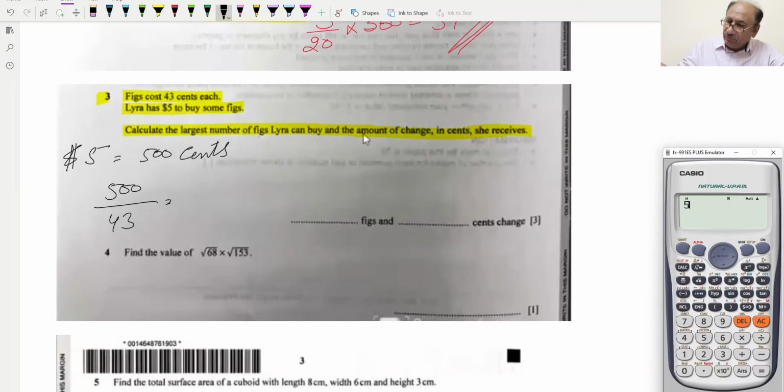So $5 is equal to what? $5 is equal to 500 cents. We know that each fig costs 43 cents, so we will divide 500 cents by 43. So we can check 500 divided by 43 is equal to